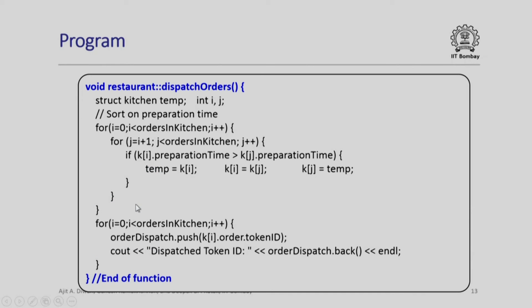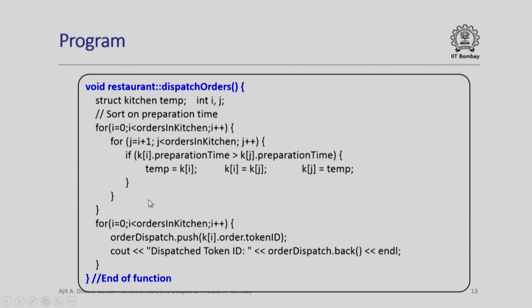Next comes the important function of dispatching orders. Now we presume that orders are prepared inside the kitchen in the time of preparation that has been allocated for each order. Obviously, if there are 4, 5, 10, 20 orders, different orders will become ready at different times. Therefore, what we do is we sort the entire array on preparation time, so that the lowest preparation time comes first, then comes the next and so on, which means that this kitchen array will now be ready to be